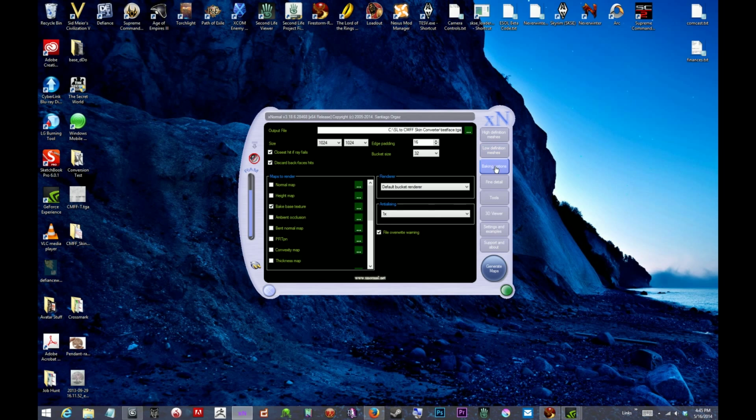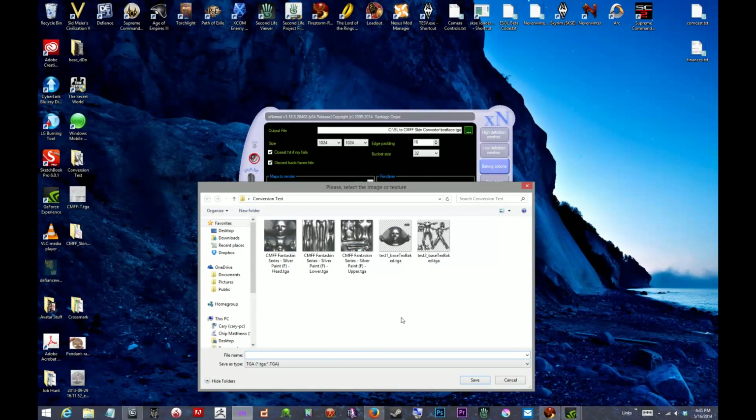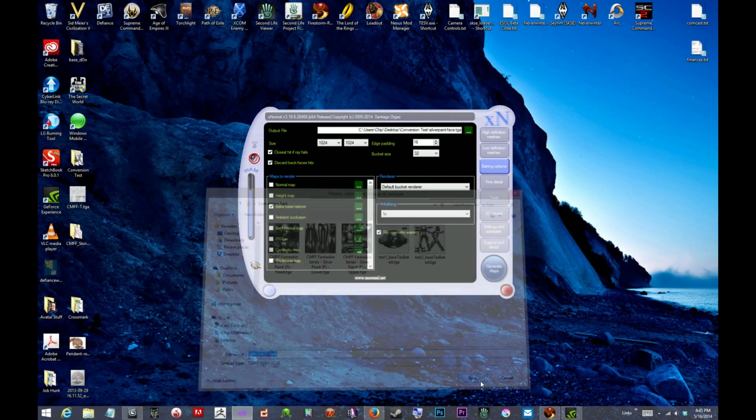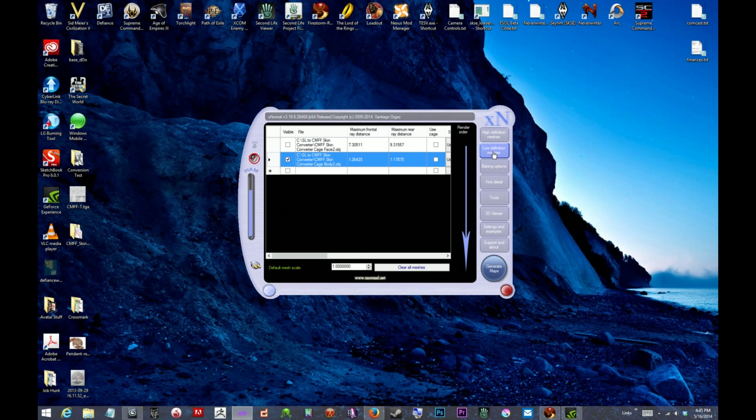And I want to change the baking options here. I want to change what the output is. So you can see I've already done these also to make sure this was all working. This is, I believe, the face, so we'll call this Silver Paint Face. Let's just double check that that's what it's pointed to. Nope, that was the body. So let me